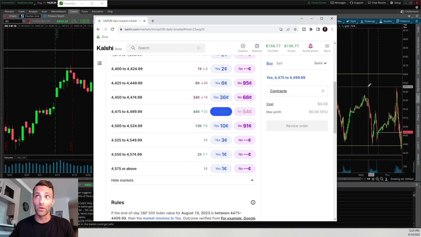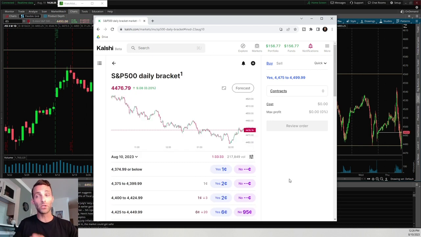What we would want to do is go to that area, or go to that range, the 45.50 to the 45.75 or the 45.75 or above. And if we believe it's going to continue to stay in that range, we'd want to trade these no shares because we do not believe that it's going to close or trade in these upper ranges. So that was the setup or the strategy for the upper portion of the range. Now let's focus on the